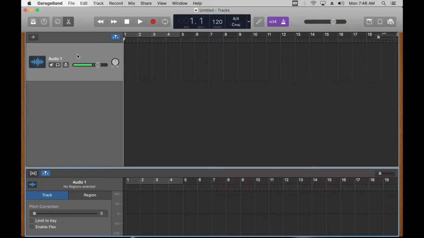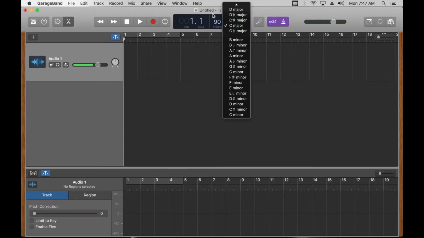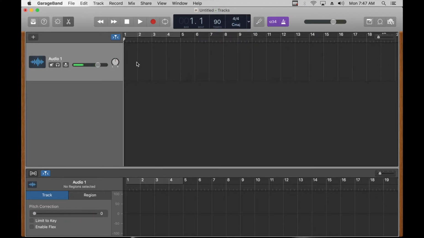Now right now, remember we selected a vocal track, and if I hit record, you're going to see two things. First, you're going to see that it counts to 4 before it starts recording, because I have this set. And then you're also going to hear the metronome or the click track, because it's keeping on beat. Currently, my tempo is set to 120 beats per minute. And if I knew the tempo that I wanted to have, I could just double click on there and change that. Like if I wanted it a little slower, I could change it to 90 and hit return. And if you know the key that you want your track to be in, you can change it. But for now, we're just going to keep the key right there. So if I hit record,